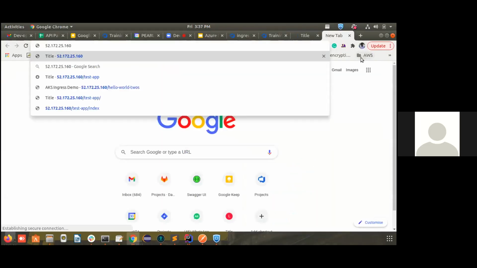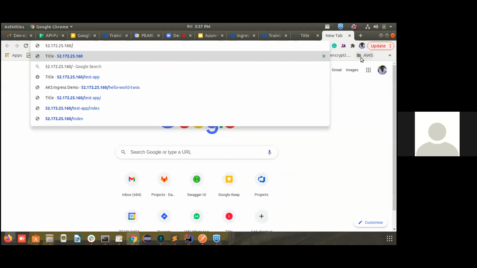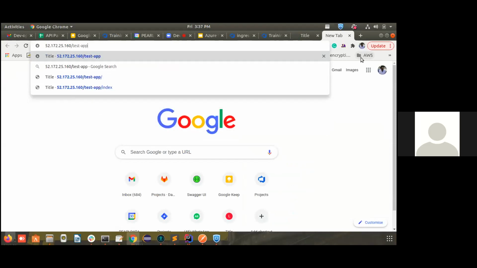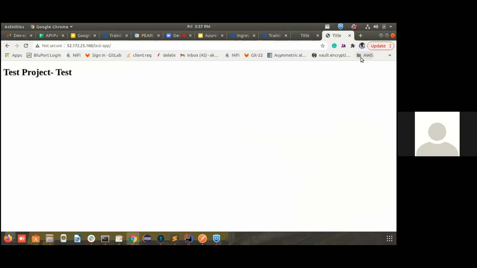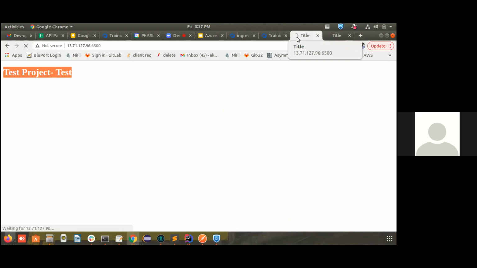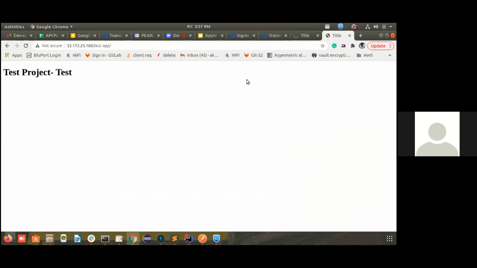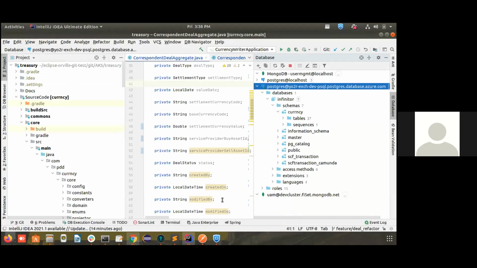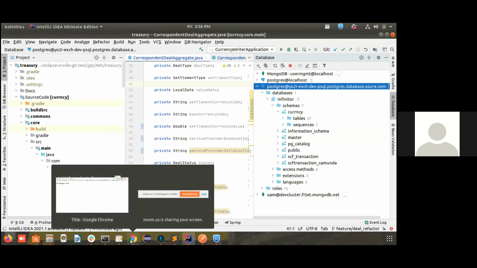So I'm going to route to that application. What was that? Test app. See, I routed it to ingress. I routed to my application. And does this work again? No, it doesn't work. It's just loading. So we have routed it through the ingress controllers. So any doubts here till now?